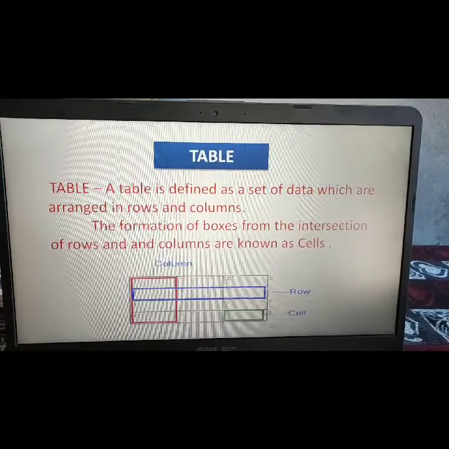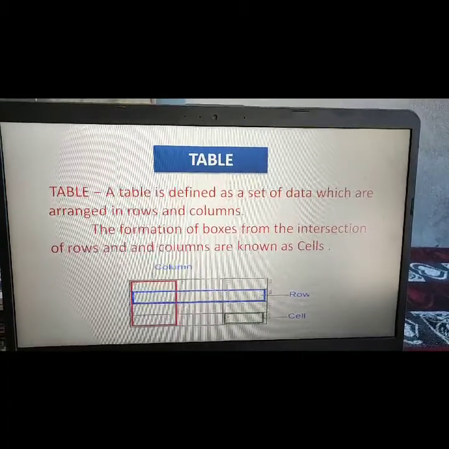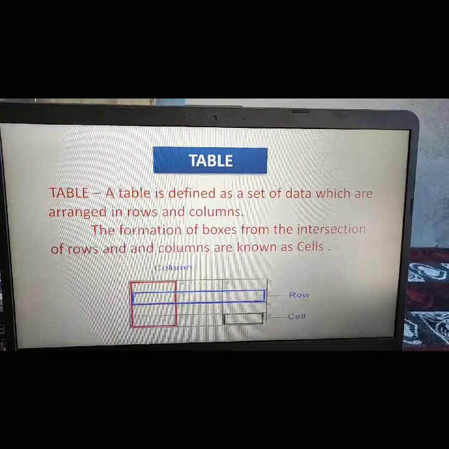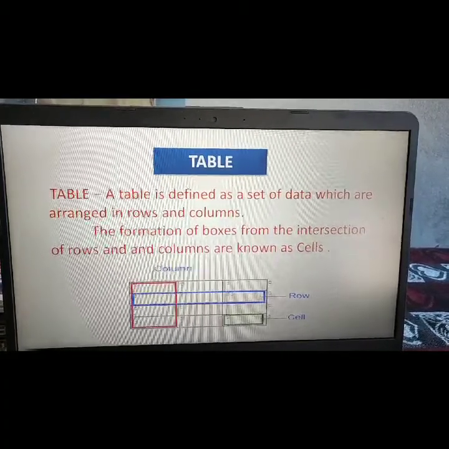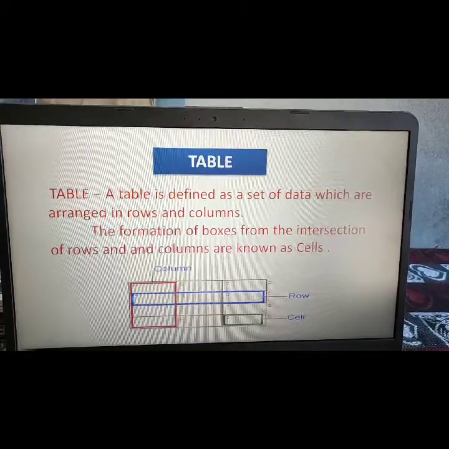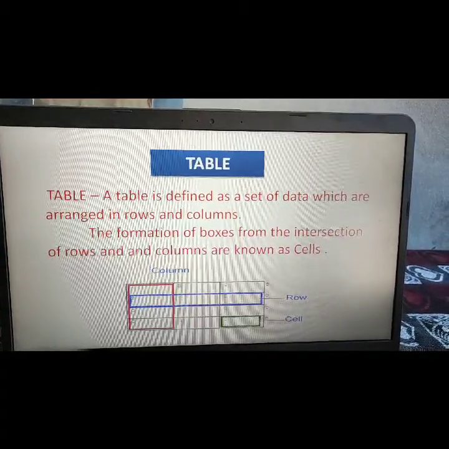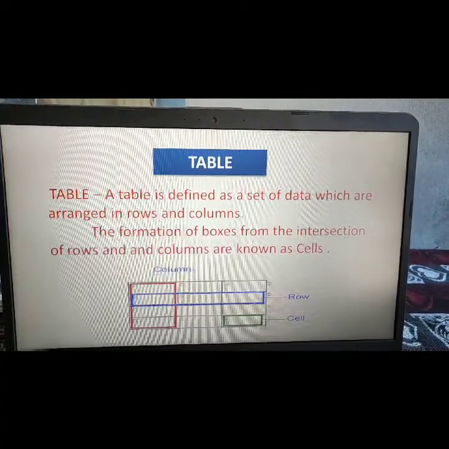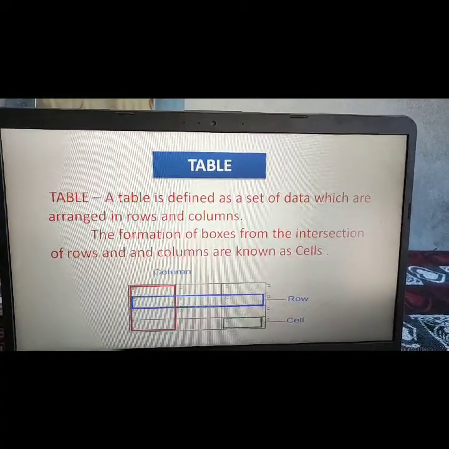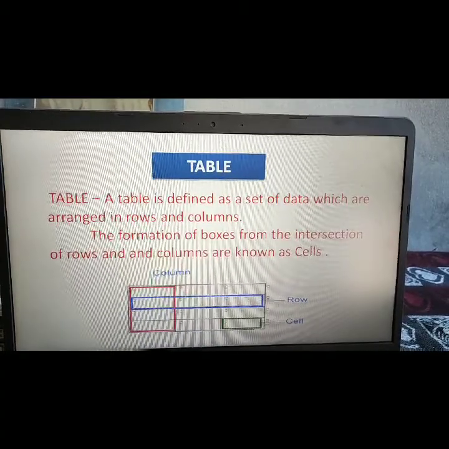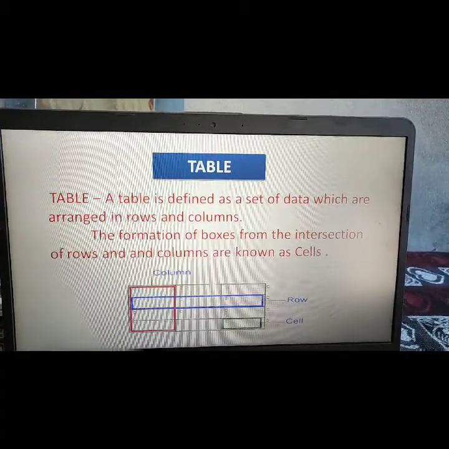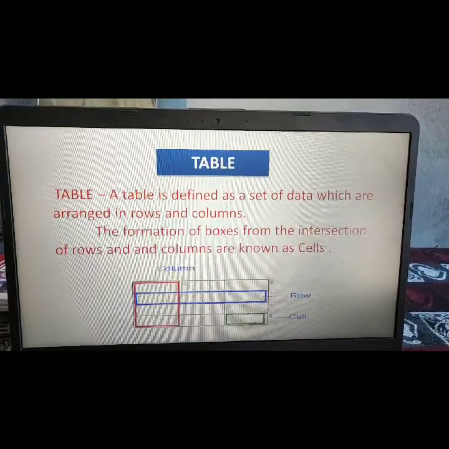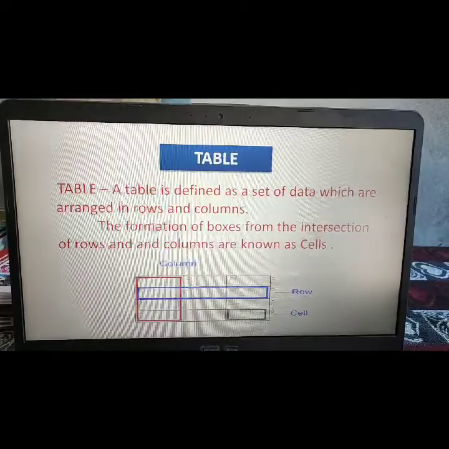These intersections of rows and columns form boxes, and these boxes are called cells in Microsoft Word. Tables are used to organize data that is too detailed or complicated to be described adequately in the text, allowing the reader to quickly see the results.